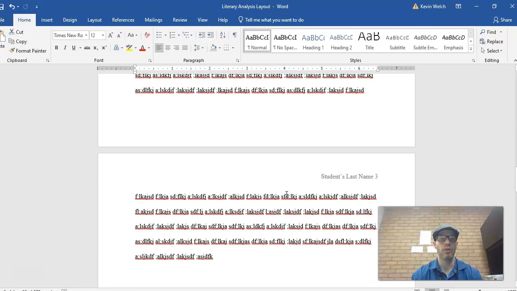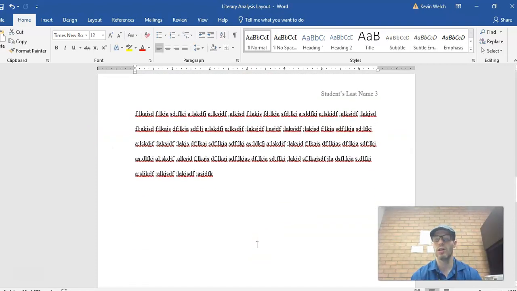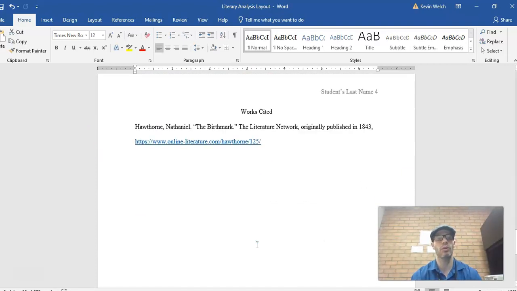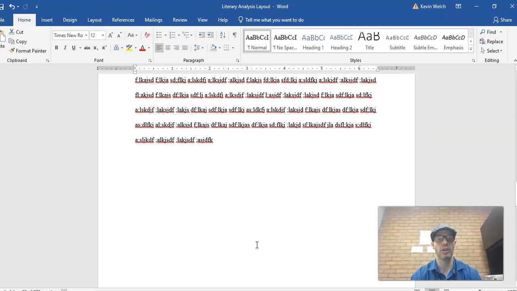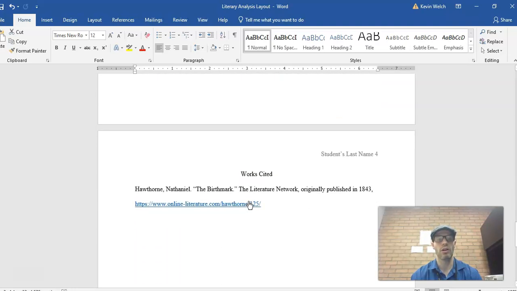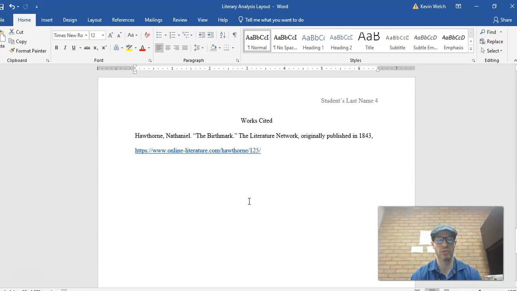Okay? And notice that it's 2 pages long. In this case, it's a little bit over. That's totally fine. But 2 pages, not including the works cited page. And notice that the works cited is on its own page. Yours needs to do the same with the title Works Cited centered. Here is the